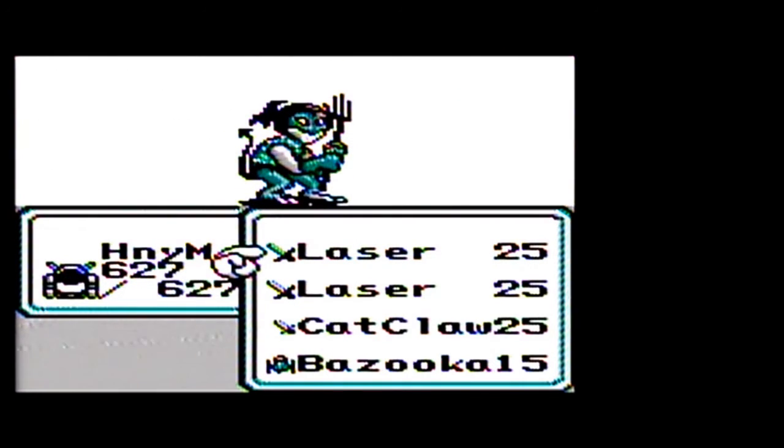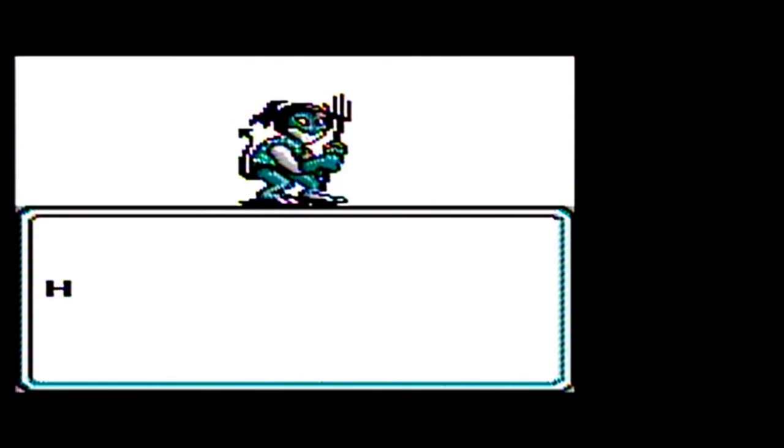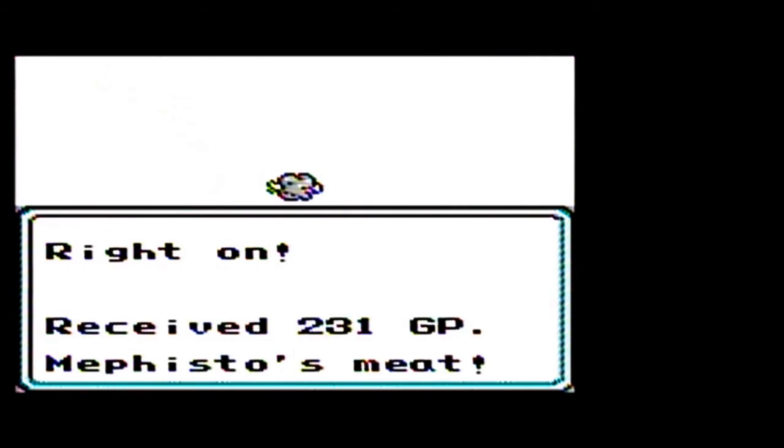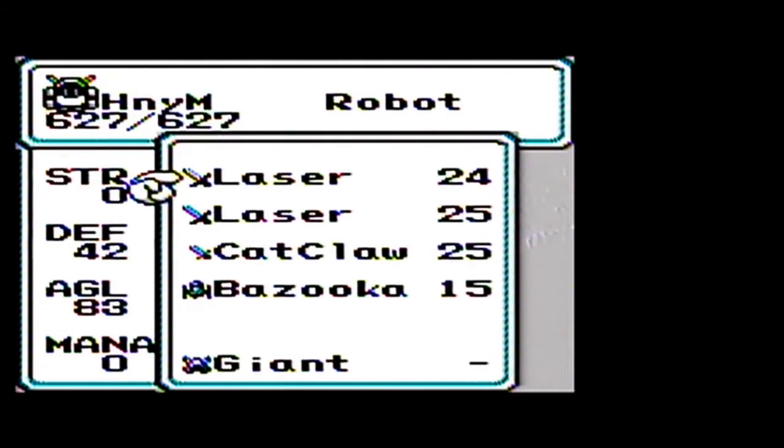Whoa, another Mephisto. Let's take him out. We use our laser sword. Donk. And just a normal thunder. So yeah, it's at the bottom of the list right now. So that's the one most likely to be replaced. So we'll just use up all the charges there. And for some reason, it looks like